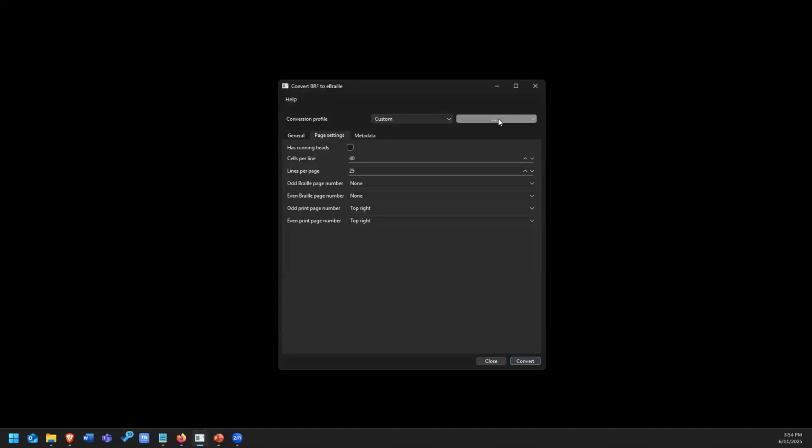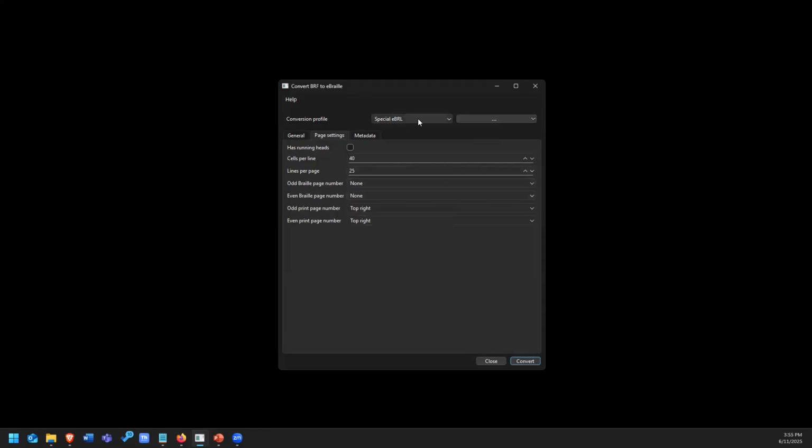So I've got my conversion profile set up, but let's say I don't want to have to do that again. I can go up, there's this little options button next to the drop down. When I click on it, I get the option save profile. Then I can name my profile. I'm just going to call it special eBraille because I made this file for eBraille.